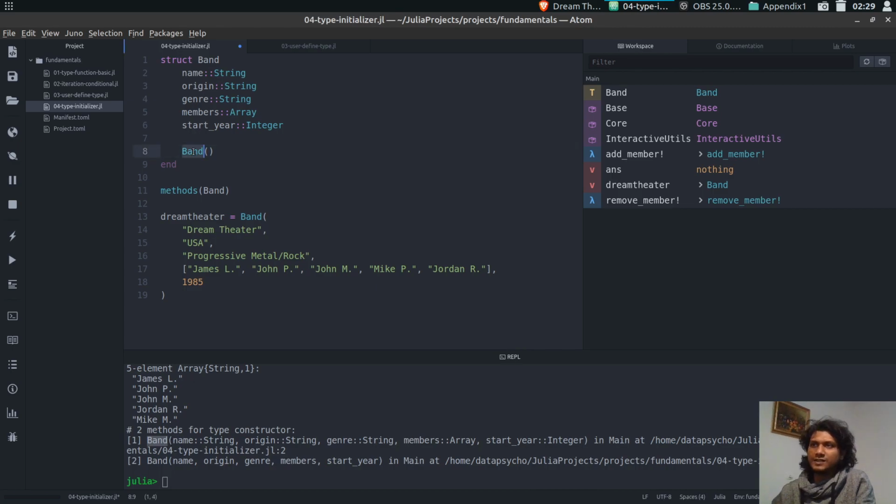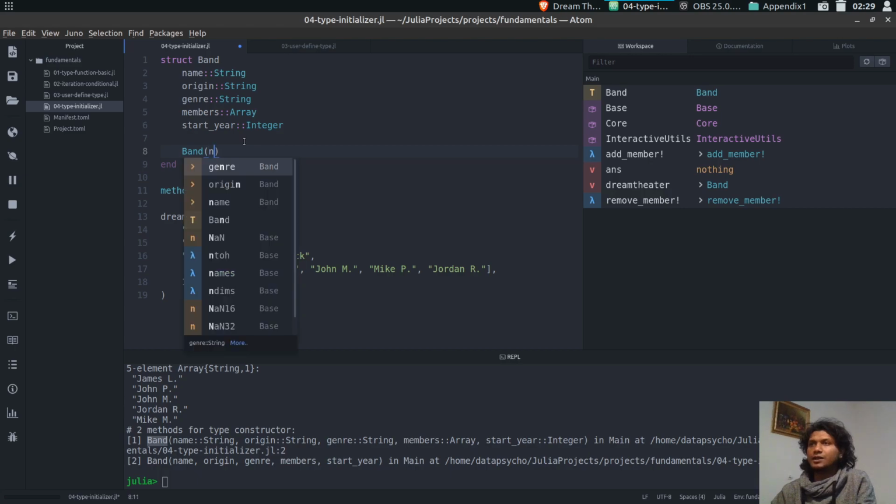So we are using the same name, band, and we can add one more method in that function list or constructor list, and then it will be like another constructor to use. So we can have a mandatory name